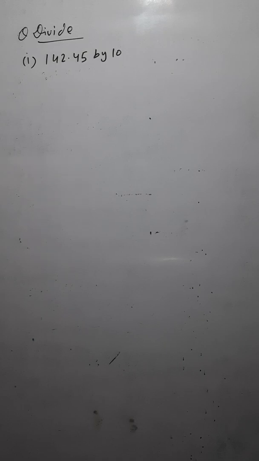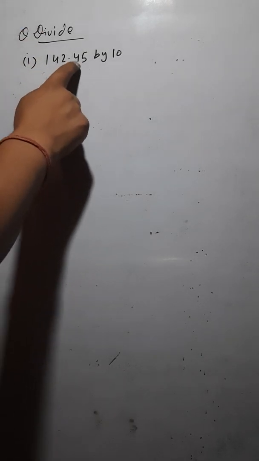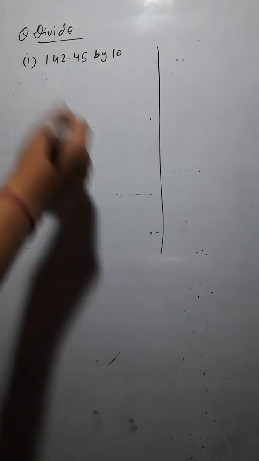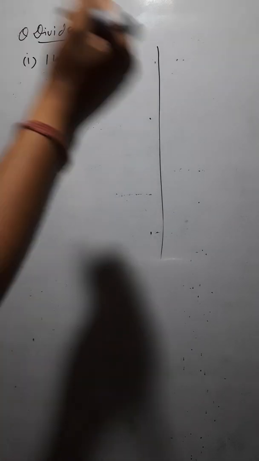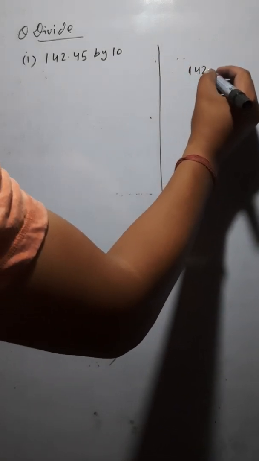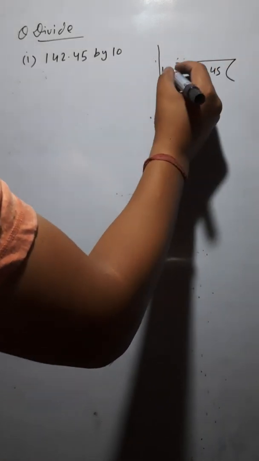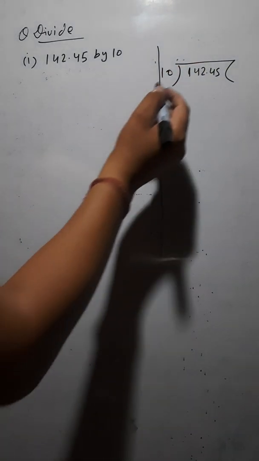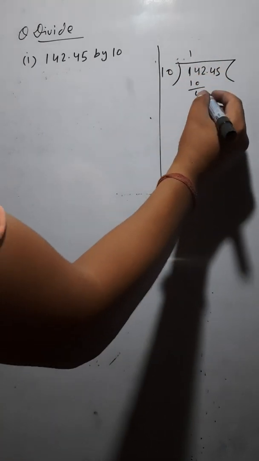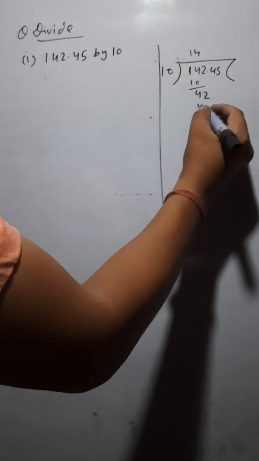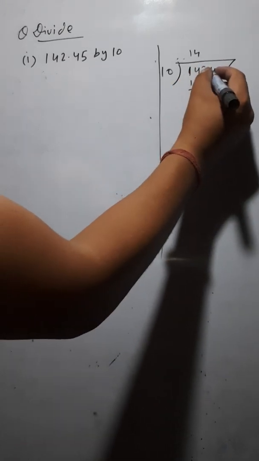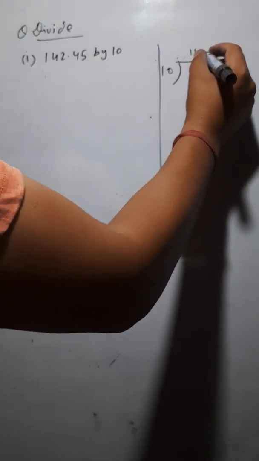So this is the next question. The question is: divide 142.45 by 10. So this much you have to divide by 10. Okay, first I will tell you by two methods. First, the way you already know, you have to divide 142.45 by 10, isn't it? Now I think you would divide this 14 first. 10 goes 1 time, 10, 4 is the remainder, so 2 would come here. 10 4 times is 40, again 2 is the remainder. Then here you have the decimal, so this decimal you are going to put not here, you are going to put it here, isn't it?